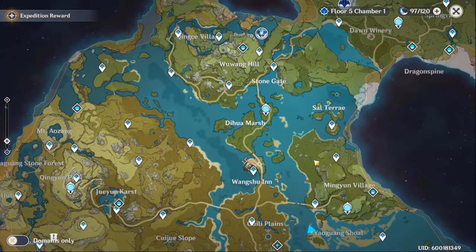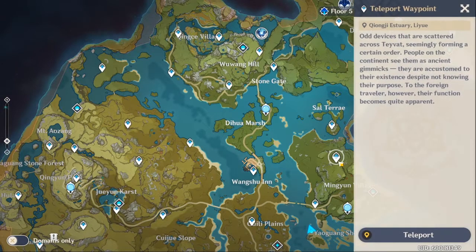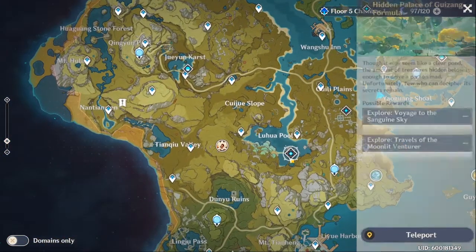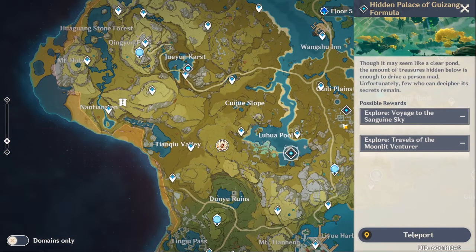So the main thing would be chests, right? Make sure you get all the chests in both regions. Second, always use your resin, never have it capped out. And third would be statues. You want to do statues, and you want to obviously have all the teleports unlocked because they give you adventure XP. I'm just assuming you guys have them all unlocked. And you want to have these domains. Oh, and another thing is